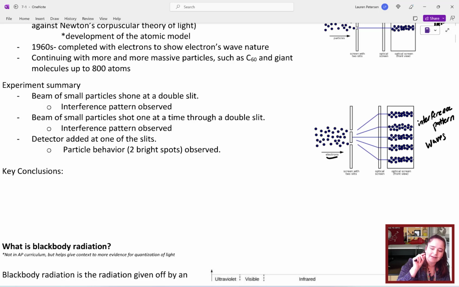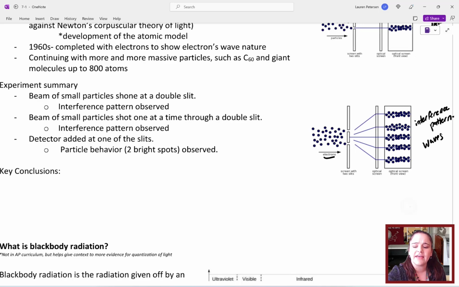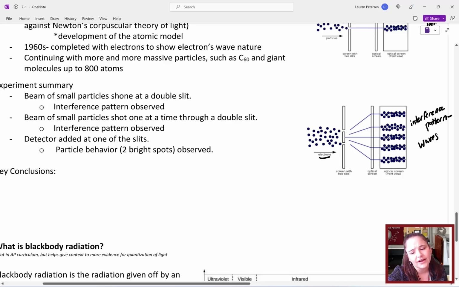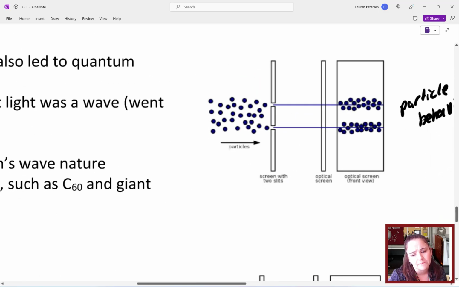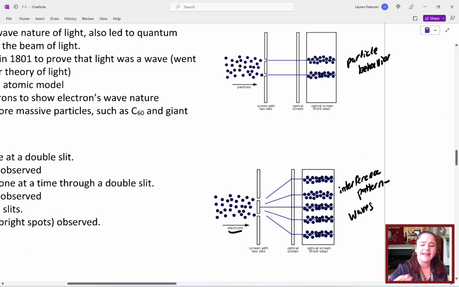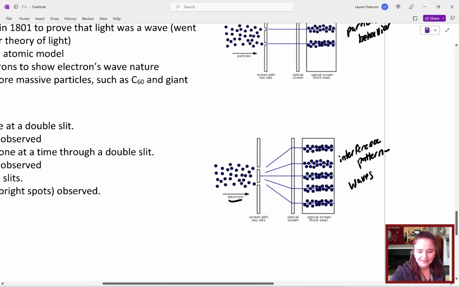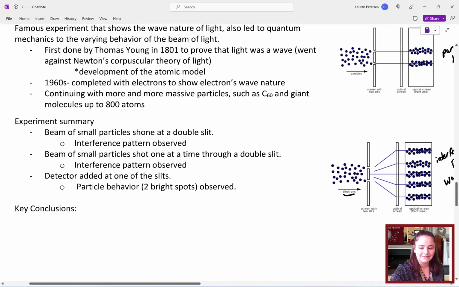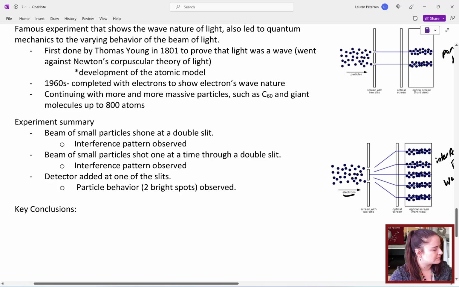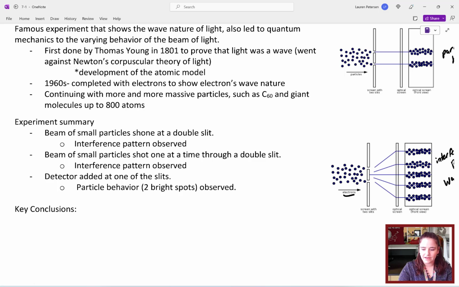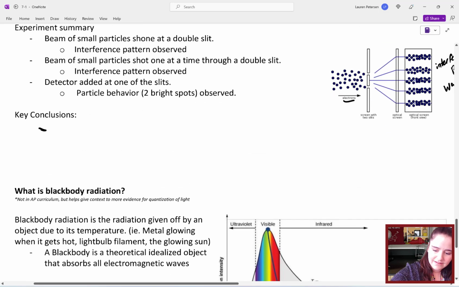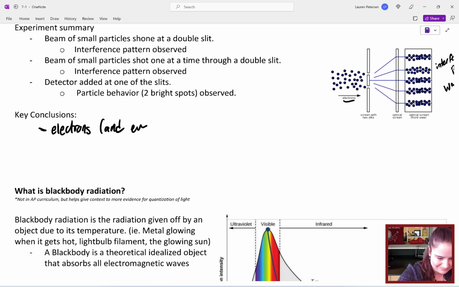So what they did was they added a detector at one of the slits, okay? A little electric field detector. They could sense the changes in that electric field. And then the particles were like, oh, there's a detector there? You're fine, I'm a particle. Okay, fine, I'll be a particle. Now, what that means mathematically is that when the electrons go through the slit, they are particles. Electrons and everything tested